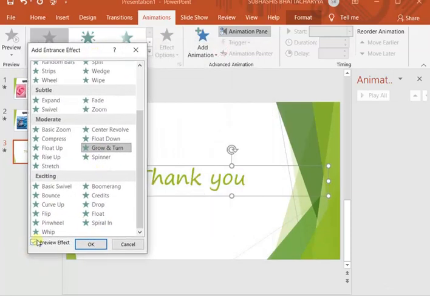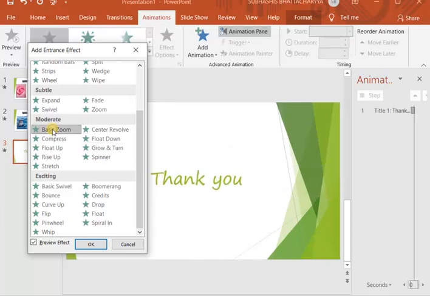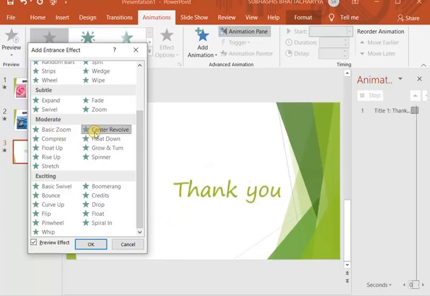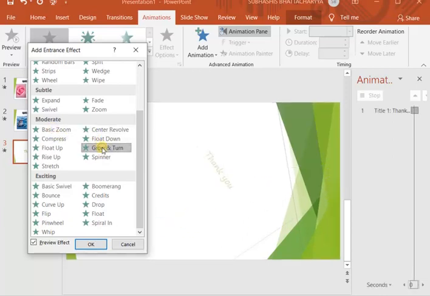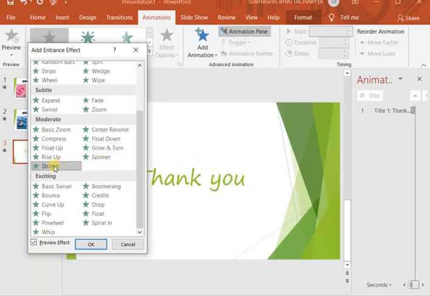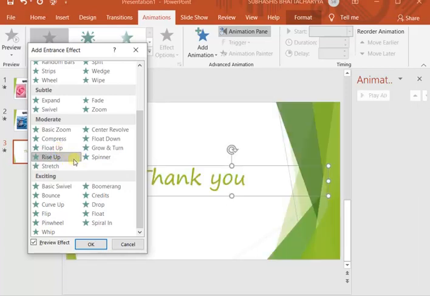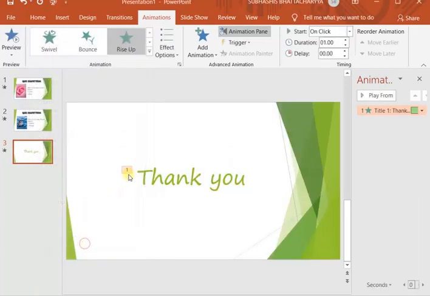And check this one, preview effect, so that you can see the preview when you click on each effect. You can see the preview. So I have selected this one. Okay. So one entrance effect has been given.